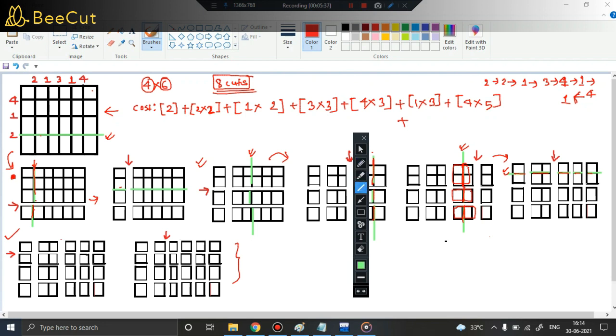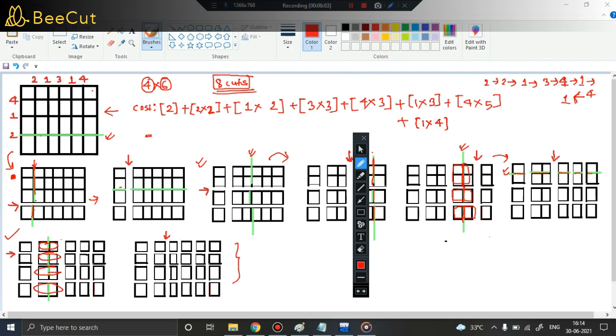Now again you decided to perform a cut. So which piece am I going to cut right now? I am going to cut it along this edge. So 1, 2, 3, 4. What is the cost of this piece? The cost of this edge is basically 1, right? So again 1 into how many times? 4 times, because 4 pieces I went through. 1 piece, second piece, third piece, 4 piece, right? So 1 into 4.